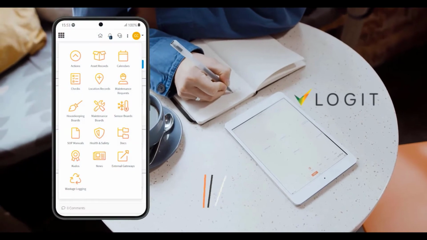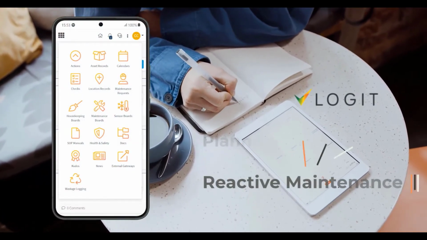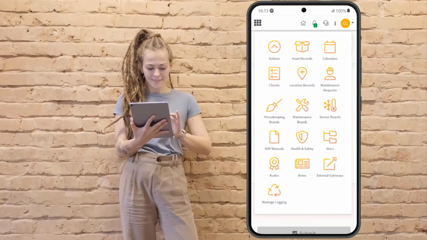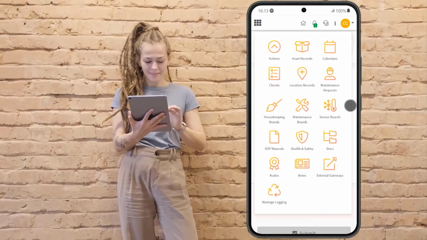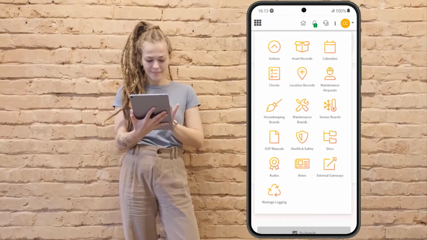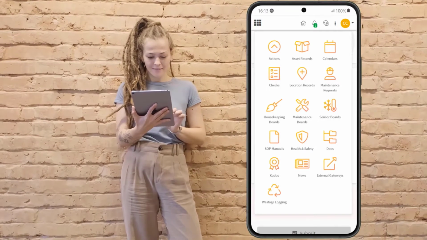Logit splits its maintenance module into two main areas: reactive maintenance and planned maintenance. Reactive maintenance is broken into three steps. The first step, the maintenance request. Any user in your business can have access to this regardless if they've got a company email or if they're